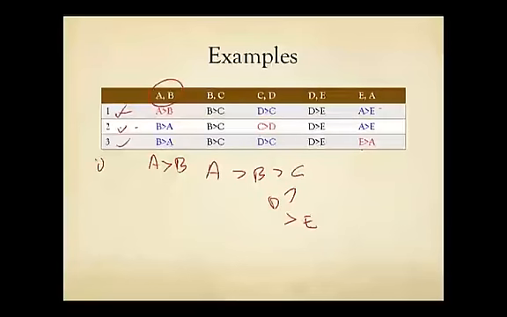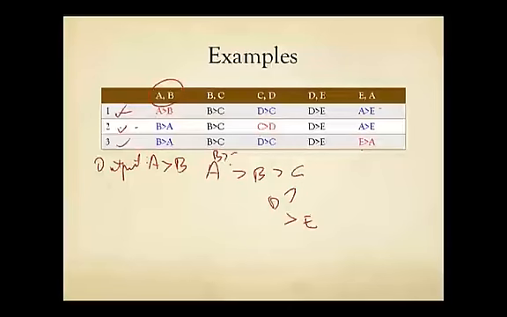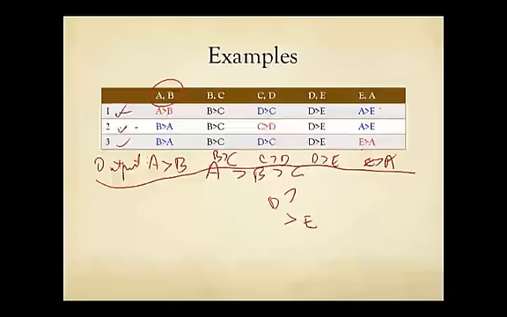Still A better than B, B better than C, C better than D, because voter 2's vote is the decisive vote, D better than E, and E better than A, because voter 3's vote is the decisive vote. We just flipped the non-decisive voters